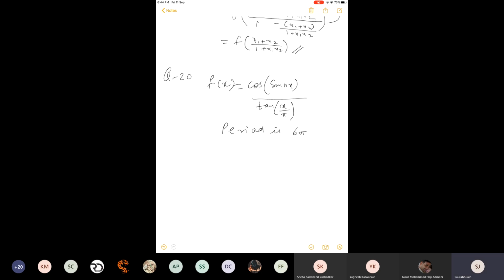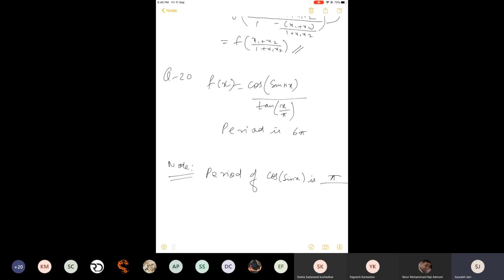See, I want to ask one question. Let me see if anyone can give me the answer, and please also note this result somewhere. This is of great use. Period of cos sin x. Can anyone tell me how much this is? The pi. Yes. I think this was a class example, right? I think I solved this question.